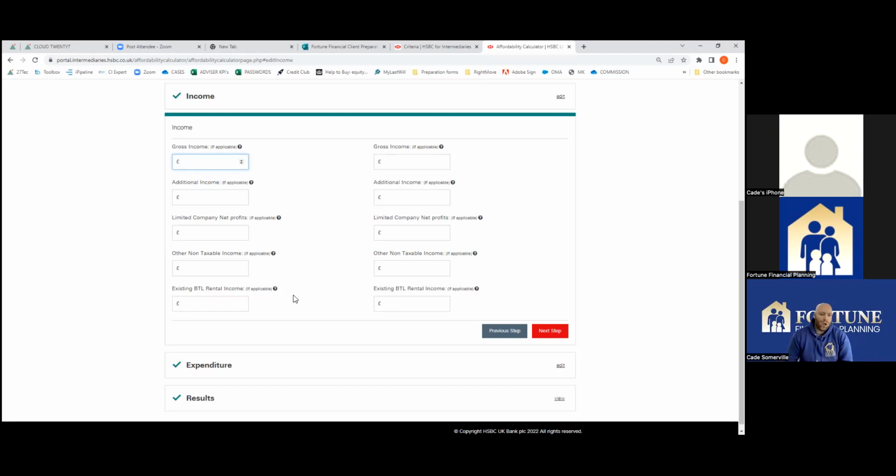So absolutely, if we're looking initially at 20 years, because the client's preference may be for a 20-year mortgage, they want to be mortgage free early, by the age of 55, for example. If we didn't quite get the loan we required, if the affordability did fall short, we could look at increasing that term and therefore potentially increasing the amount we borrow. And that's a conversation you have with the client. Say, look, we can't get you on 20 years. However, if we extend that term to 25, what we can do is increase the amount and meet that affordability